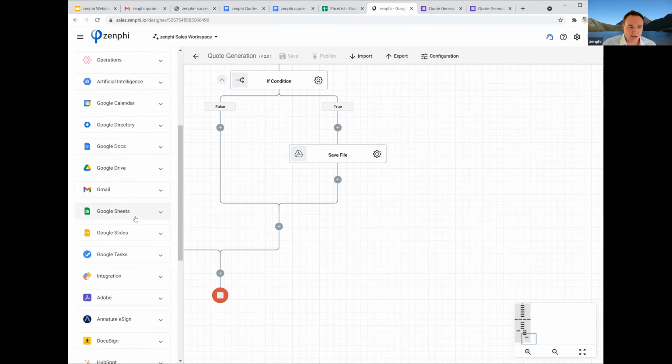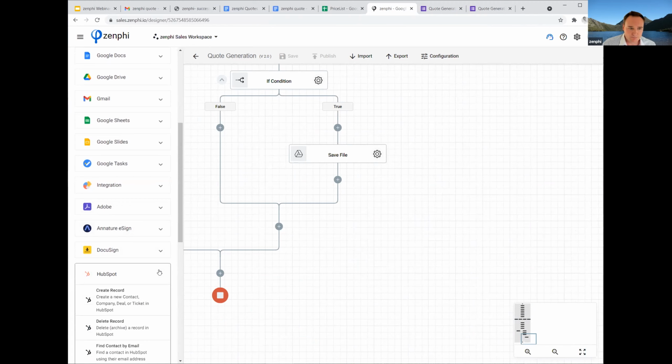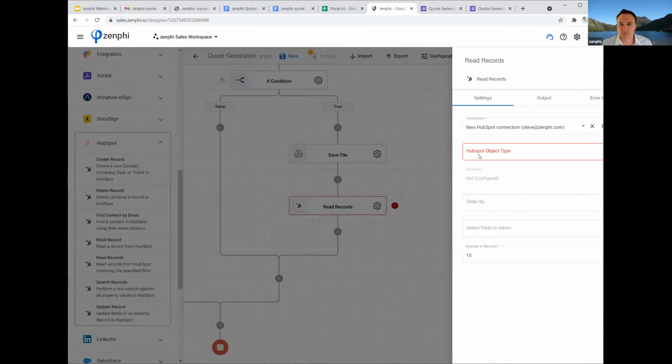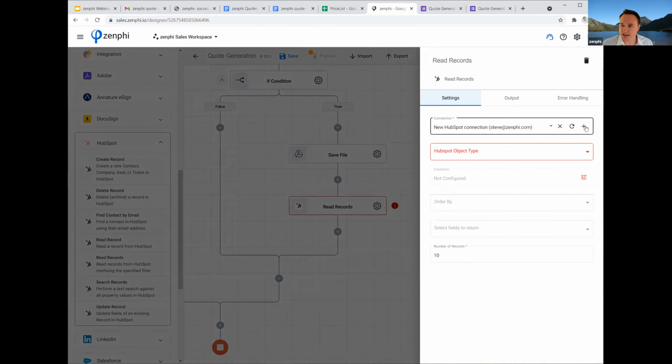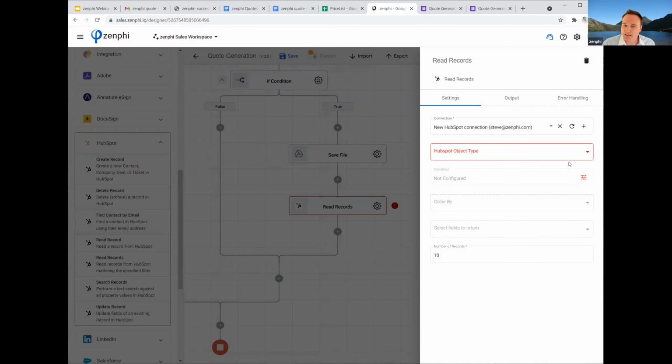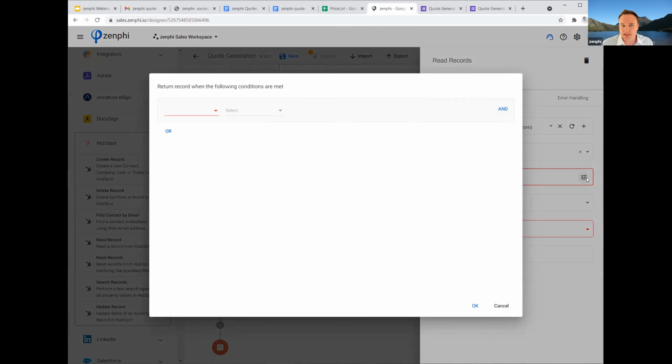Now, the way I do that is I go down here and I find HubSpot. And I need to go ahead and find the particular records that I'm interested in. So I'll drag on this read records. Now it's asking for a HubSpot connection. I already have one, but I could go ahead and create a new connection there, and it's just authorizing in the same way. The type of object that I'm looking at is deals, and I'm searching for a deal that